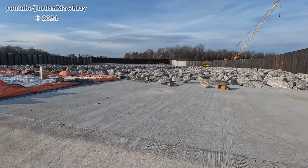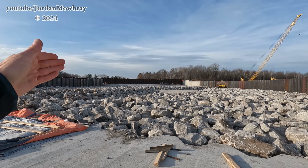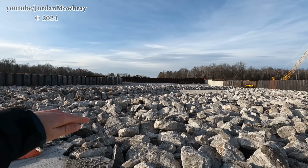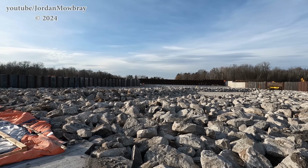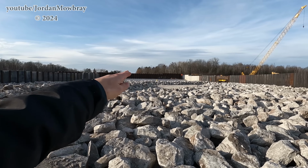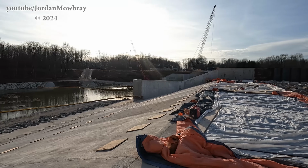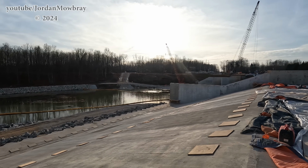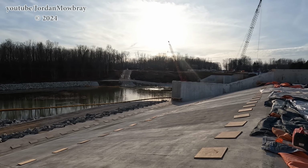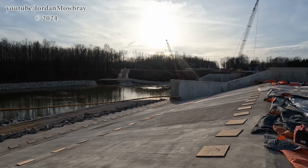So right where I was just filming prior to this was standing over there by those baffle blocks. The lake is on the other side of that, so if this ever gets used in the future, the water elevation comes up so high that the dam cannot dissipate it. That water will flow over the top of that sheet pile, over those steps, through all this riprap, and then come back down, join back up with the Tittabawassee River and head down to the south where it will run into Wixom Lake, Edenville Dam, Tobacco River Dam, and then goes down into Sanford Lake and through the Sanford Dam,